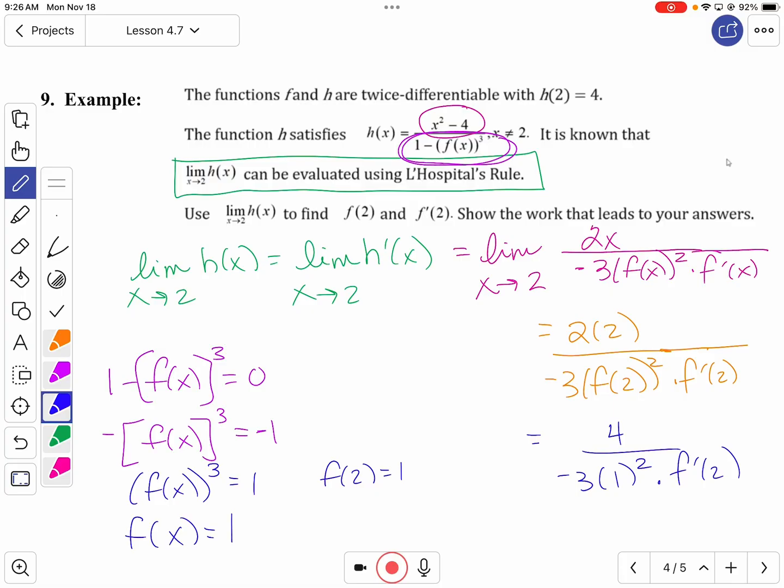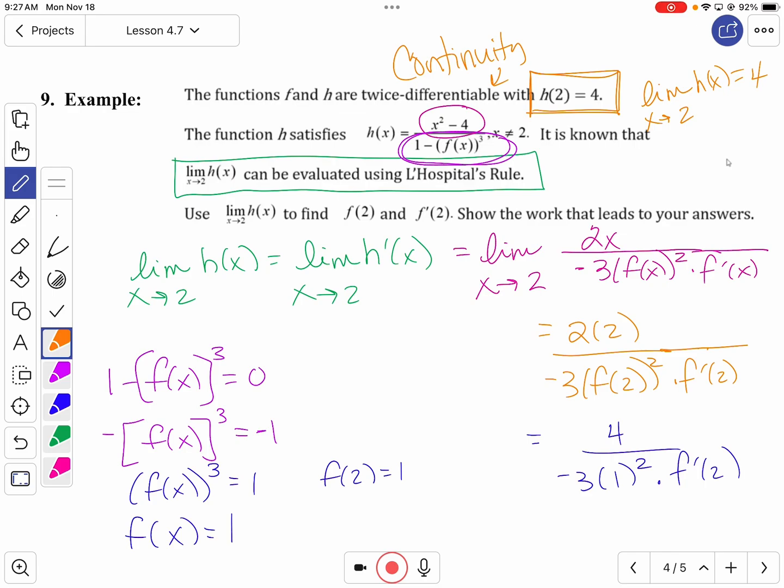Because they told you, but they hid it from you. All right, it's twice differentiable. And so if the limit exists, that means it's also continuous. And if it's continuous, the value of the function is going to be the same as that limit. Okay, so this whole limit right here tells me that the limit as x approaches 2 of h of x is 4. This comes from continuity